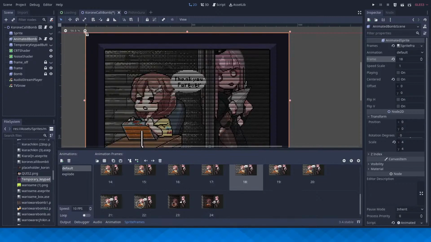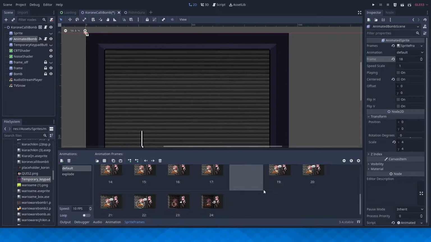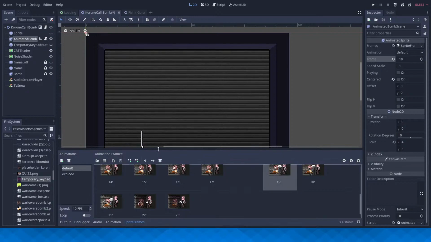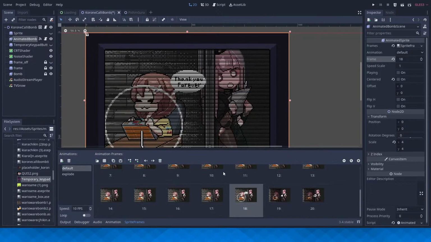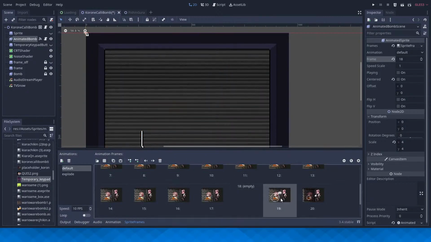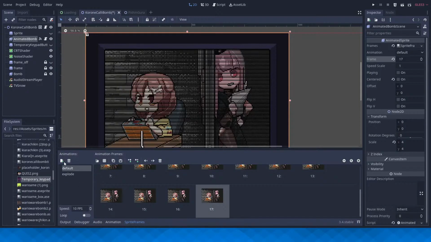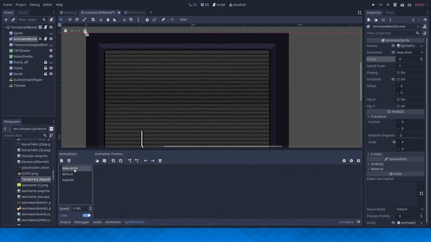Oh, yep, that's why I put that empty frame there, to make sure that doesn't happen. Alright, and, oh, it happened again. Last two frames, alright, and delete the empty frame as well. Okay, so, I'm gonna create a new animation called Explode Start. Oh, I can't reorder that.